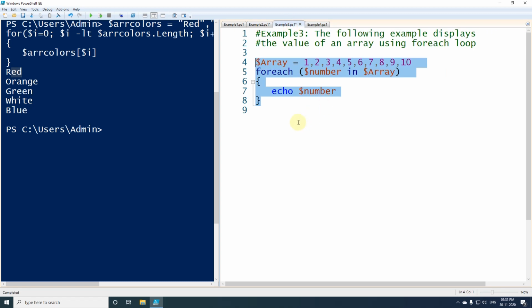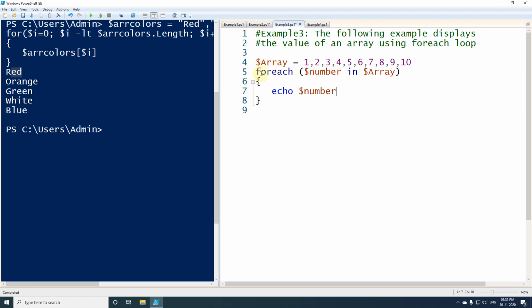Here we have used a for each loop. So in the for each loop we have to write the array name here, and we have to use the in keyword. So first of all, I have initialized and created one array which contains the elements from number 1 to 10, and in the code expression I am just printing the particular element of the array.